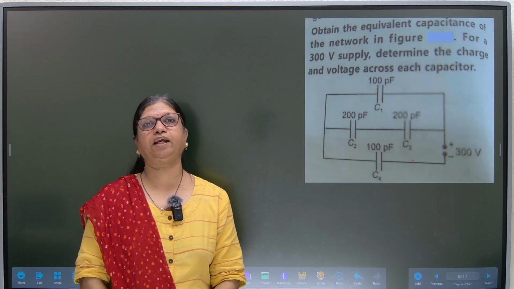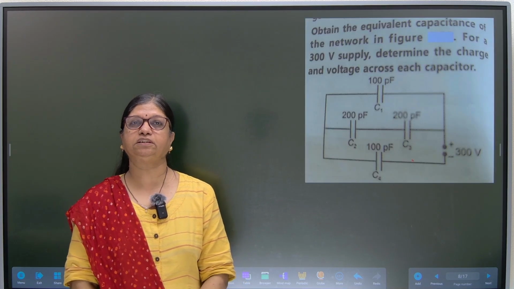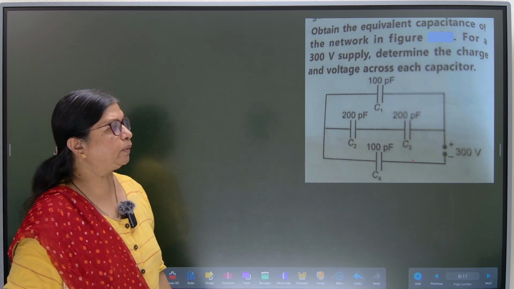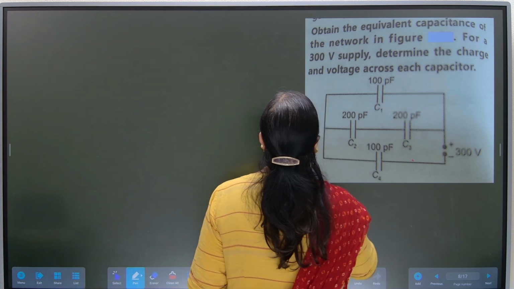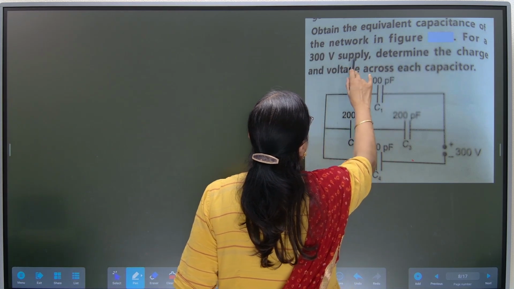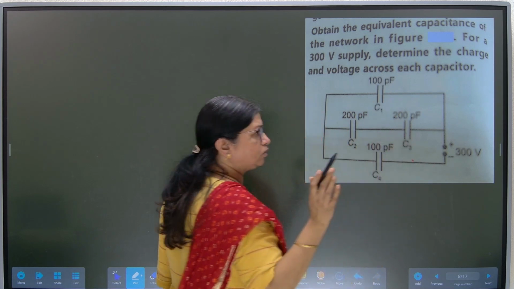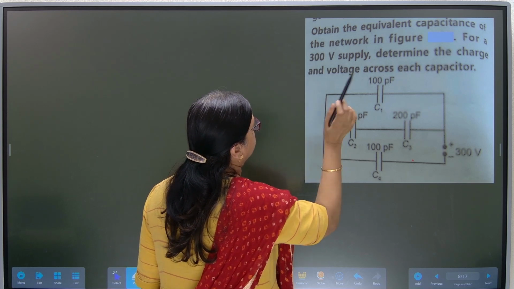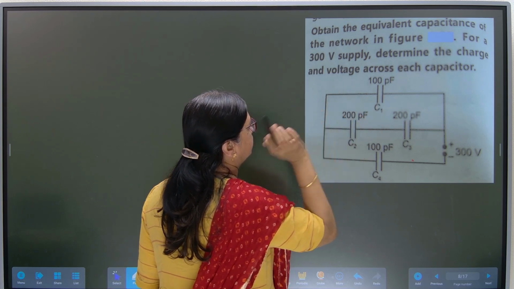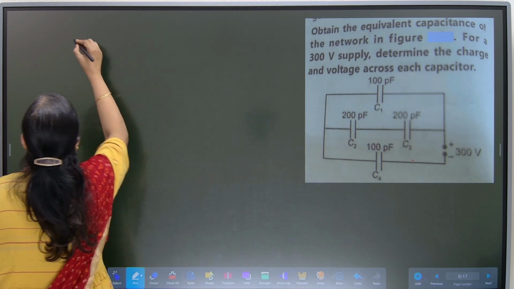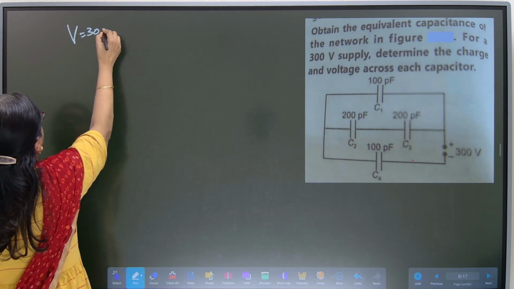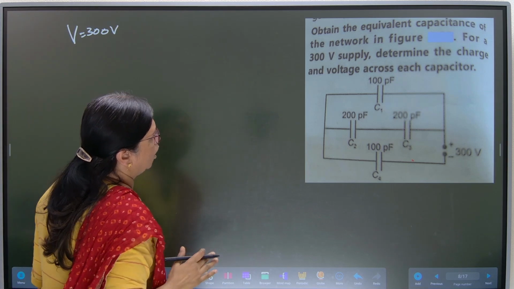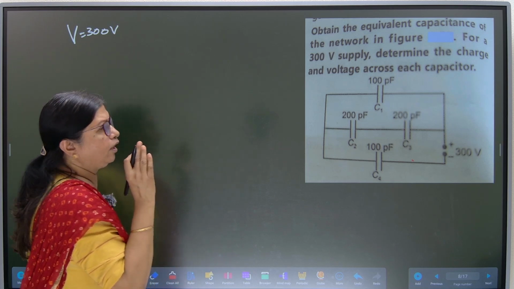So continuing the same trick of the ratio method to find out the charges for a circuit with capacitance in series and parallel, let us do this question and understand what is asked and what can be done. Obtain the equivalent capacitance of the network in the figure for a 300 volt supply. Determine the charge and voltage across each capacitor. So what they have given is V equal to 300 volts. Then they have already mentioned the capacitance on each of them, and you have to find out the total equivalent